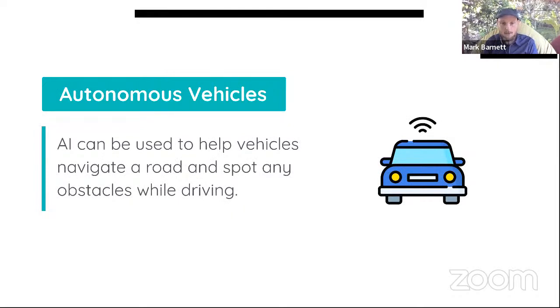Not all of us have autonomous vehicles, but maybe you've been in an autonomous vehicle. More and more vehicles these days have artificial intelligence technologies built in, and some are minimal, where they might just use artificial intelligence to help your car stay in the lane or help it back up into a parking place. And then there are fully autonomous vehicles in which you can let go of the steering wheel and it does the driving for you.